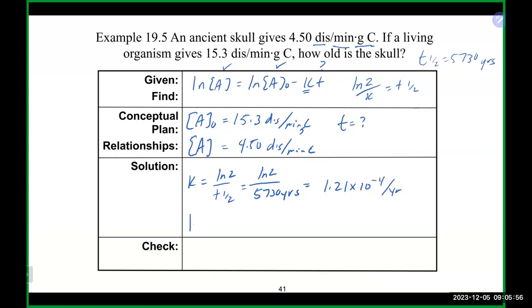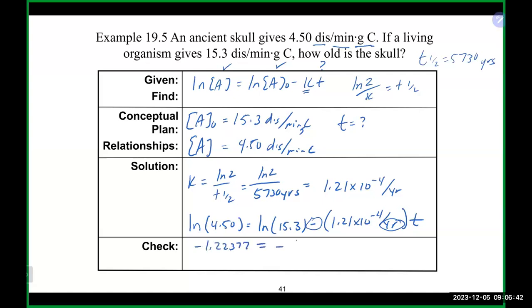So putting in our values here, the natural log of our final, which is 4.5, equals the natural log of our initial, which is 15.3, minus our decay constant times time, and we're looking for time. Since we have years here, that is what we're going to end up with in our units. So a reminder that I personally will do the natural log of 4.5, hit equals, then subtract the natural log of 15.3, and then divide it by 1.21 times 10 to the negative 4, which also has a negative with it as you divide. And if you do all that, you will end up with something like this: